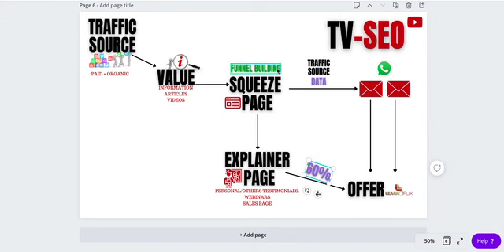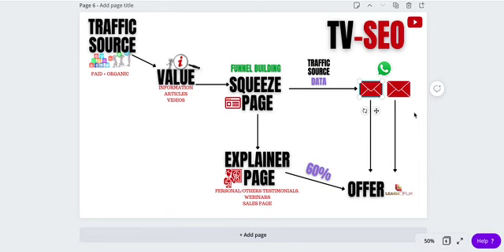Not everybody who came here is going to get here, and not everybody who got here is going to buy. So what do you do? You follow up with email. From the email, you keep sending them back to the offer. You have multiple emails. It could be a 30-day email sequence.